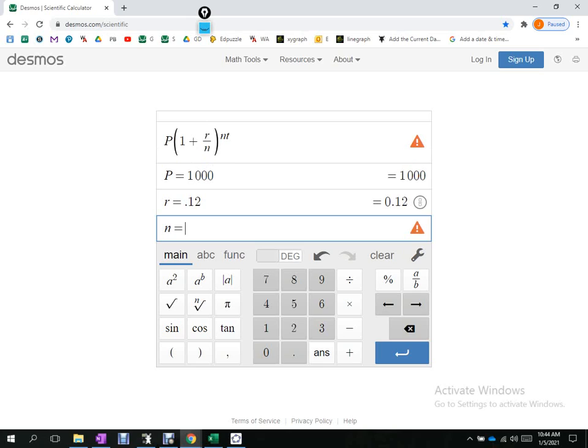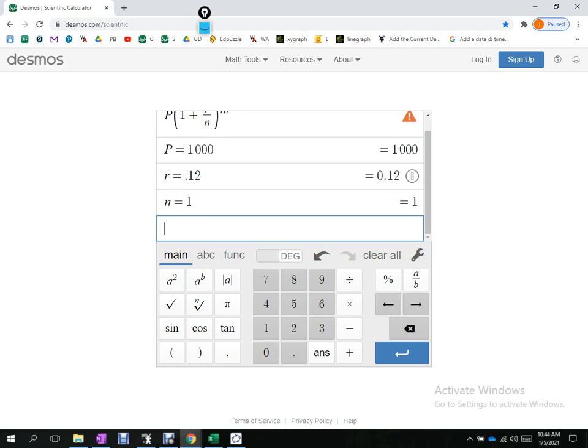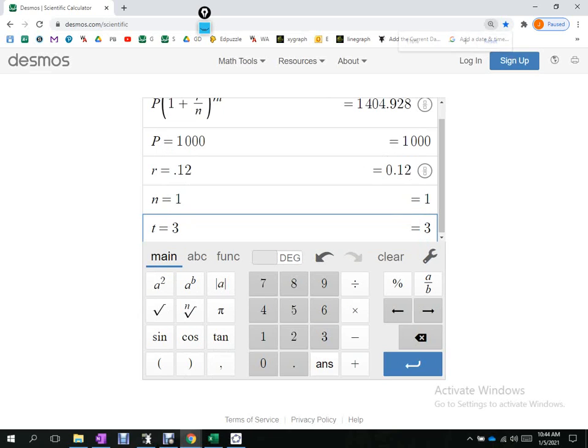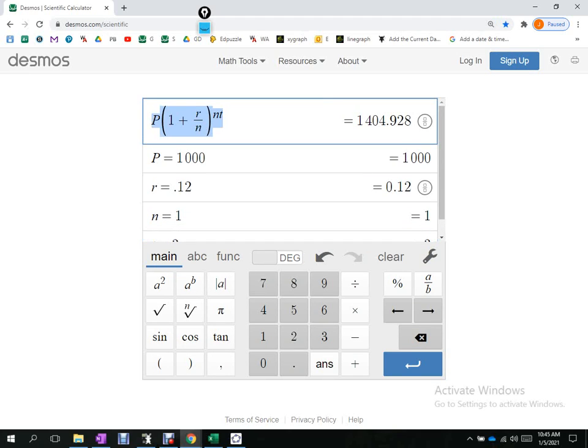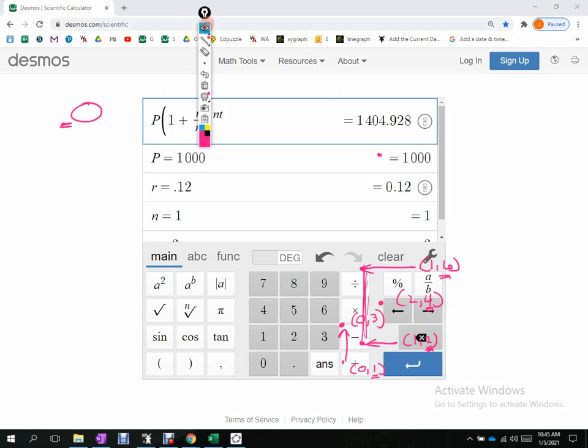N, we said, in this case, was going to be 1. And then T was going to be 3. And once I fill all those in, you see that it automatically attaches those inside this formula and generates the output. Okay, so after 1 year here,